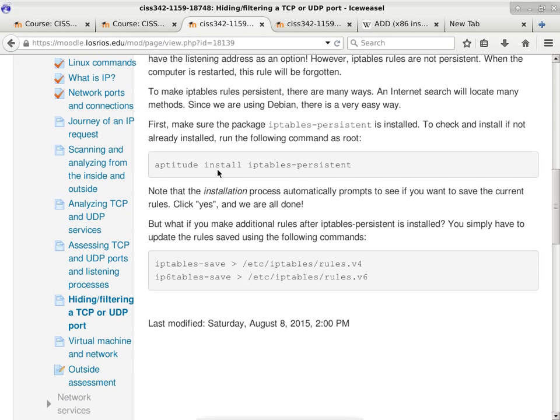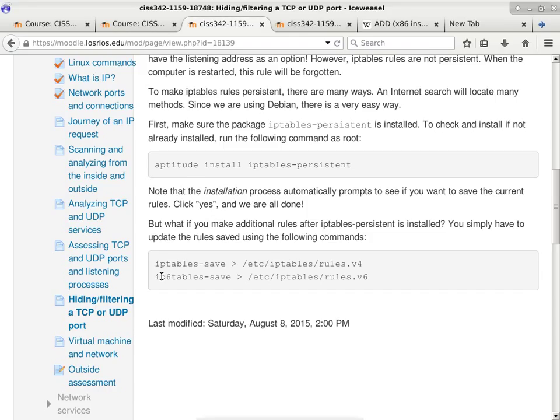But once you have this, you can then run this command only once. Okay, you only have to do it once. What it does is, okay, let me just show you the individual parts of this command. The first part of the command is iptables-save. It is the actual command. The output of the first part of the command is the text output of all the rules that iptables has at this point. Okay? The greater than symbol is called a redirection operator.